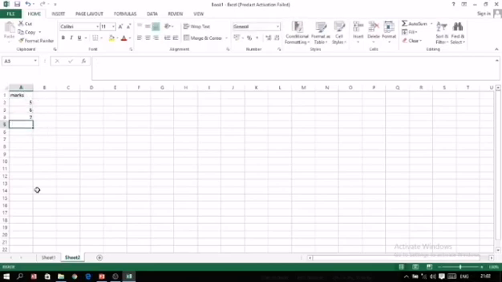Here you will notice that the word marks is left aligned and the numbers which I entered are right aligned, because the word marks is a text value, and these 5 6 7 are numeric values. So numeric values are always right aligned in MS Excel and text values are left aligned by default. But if you want to change the alignment, simply use the alignment buttons.